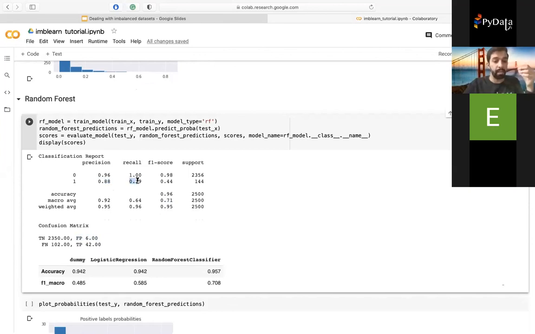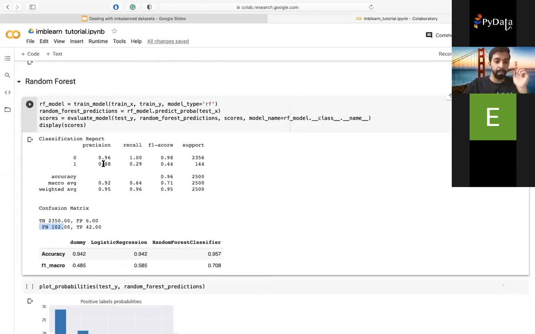However, it misses a lot of the positive labels. There are a lot of false negatives. So this can be good if you really care about detecting the positive labels correctly. You're okay with missing some of the positives, for example, if you have extra filters or people who can examine them. But you want the model, when it predicts something positive, to be very sure.